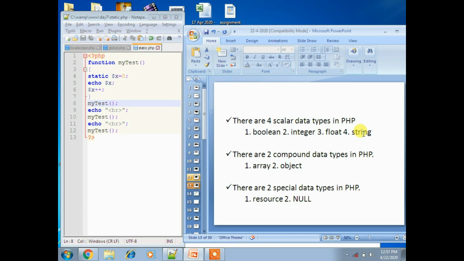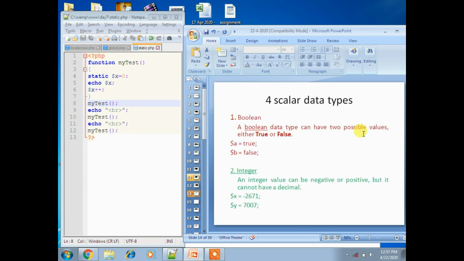Let's see what the different scalar data types are. First one is the Boolean data type. It has two possible values, either true or false. Boolean represents two possible states, that is true or false. Here I have taken $a equal to true, $b equal to false.